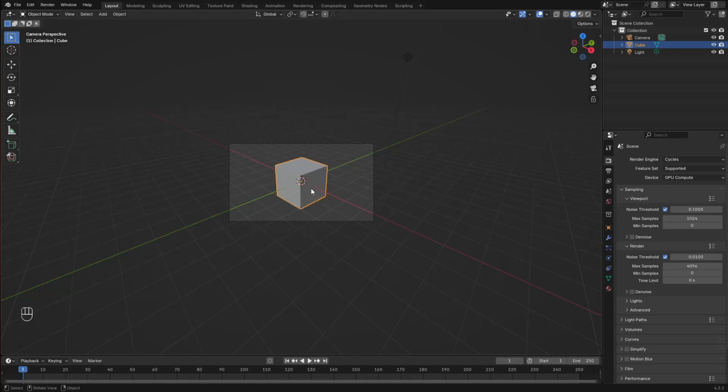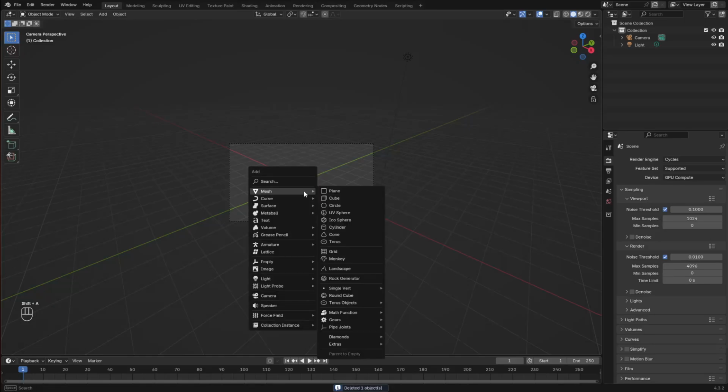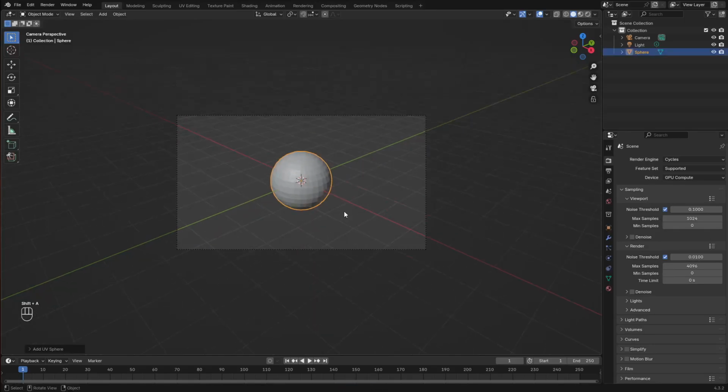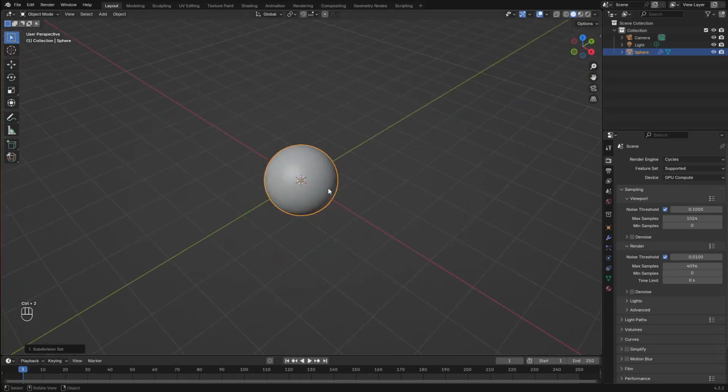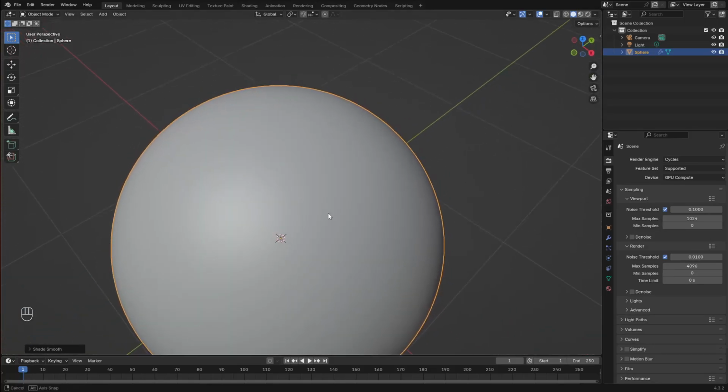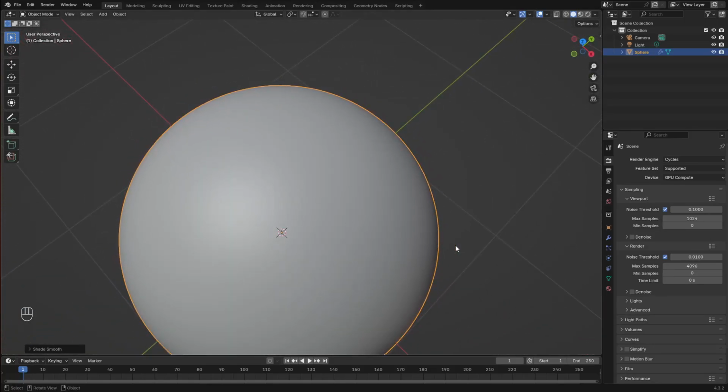We start out by deleting the default cube. Pressing X, delete. Now we're going to add in a UV sphere, press Shift A, mesh UV sphere. We're going to give it a subdivision level of 2 by pressing the shortcut for subdivision surface, which is Ctrl and 2. Going to shade it smooth, and to fix this top side and bottom side artifact, we're going to